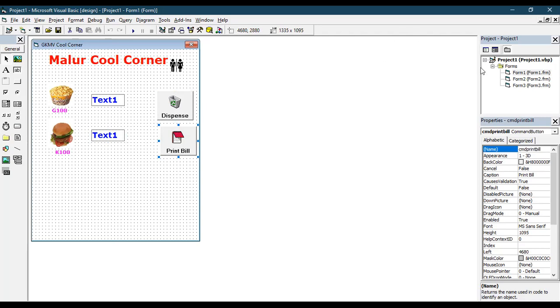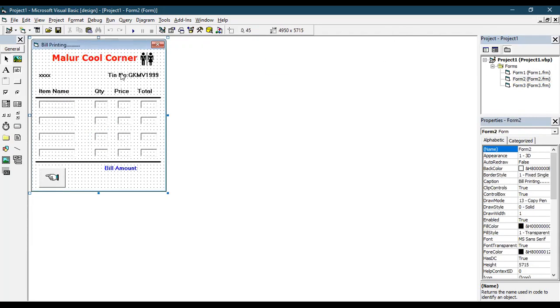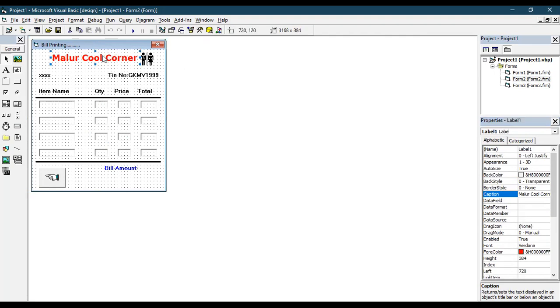Next, we'll move on to our next form, form 2. Here, this and all is for your understanding. One same bill name, and my form name is going to be bill printing. If you could see, I'm telling bill printing. In form name, I can change it to bill printing. See here, I have mentioned bill printing. In the right side, you could observe. Then one label you put, no need to change the name and all.